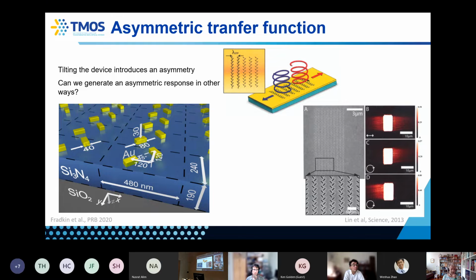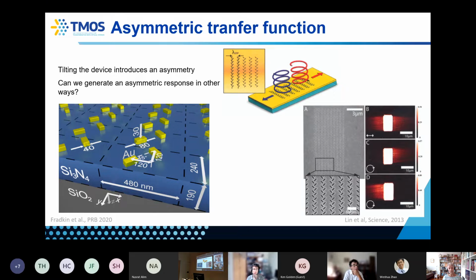More recently, some theoretical work has shown that a device working on essentially the same principle, but now coupling light into a waveguide via excitation of nanorods, was also able to generate this asymmetric response. So the idea here is you've got two orthogonal rods. Note that with circularly polarized light, these are going to be excited 90 degrees out of phase with each other. They're also spatially offset, and that introduces another 90-degree phase shift in terms of the scattering